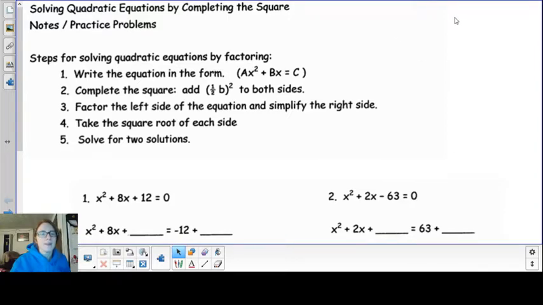Alright, hey guys. Today we are going to learn how to solve quadratic equations by completing the square. Now remember, that term quadratic equation,